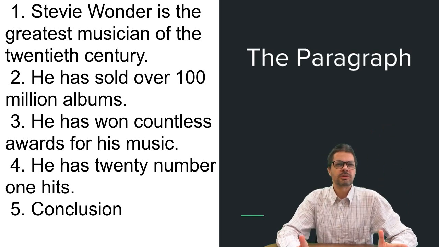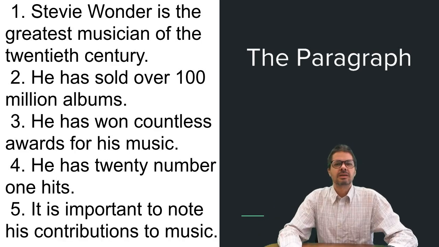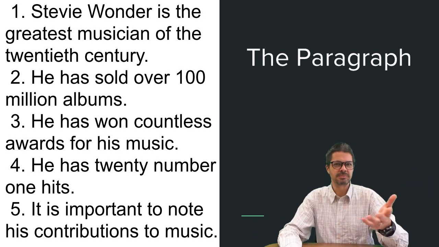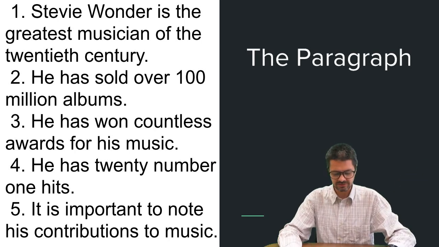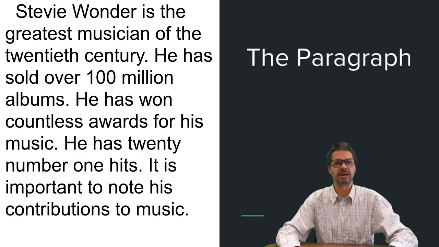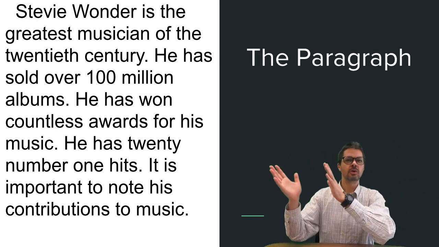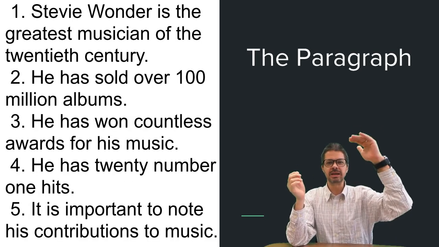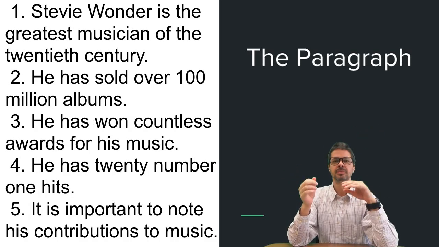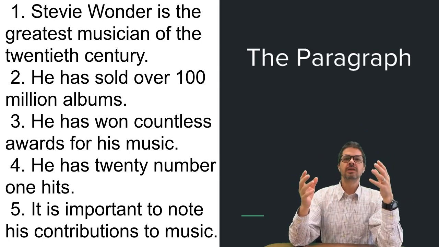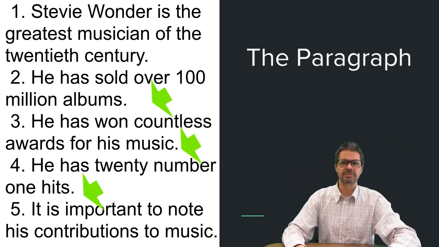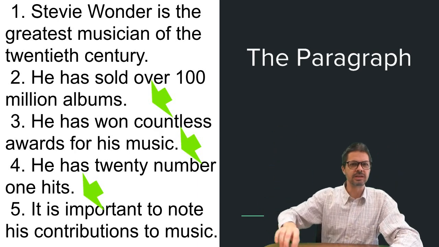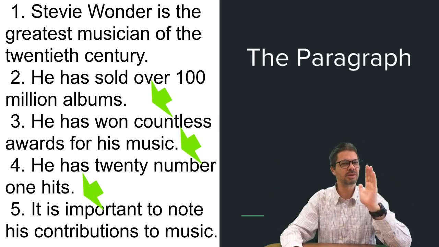And then for our conclusion, what do we say? It's important to recognize Stevie Wonder's musical contributions to the 20th century, right? Maybe we don't want to forget about a musical genius, something like that. And so that's our paragraph. Now, what's interesting here is that it could also be the outline for our essay. We have our main idea, we have 3 key points, we have our conclusion, right? So, if we wanted to make an expanded paragraph, of course, we build up more facts and details below the key points. But we're going to focus on the essay here.